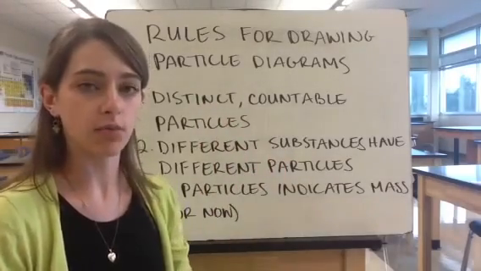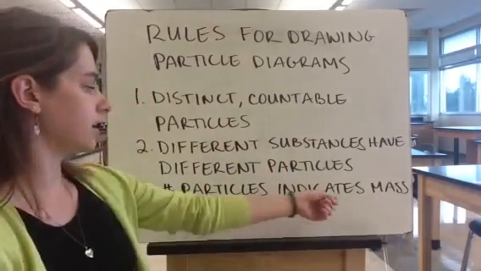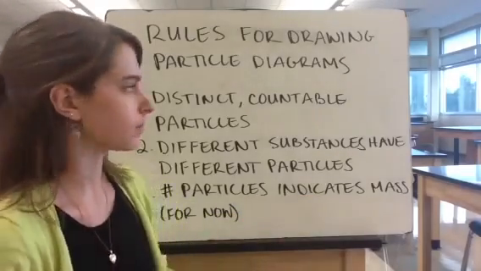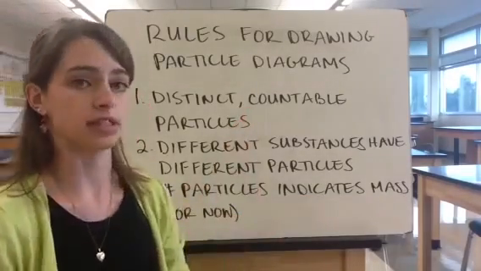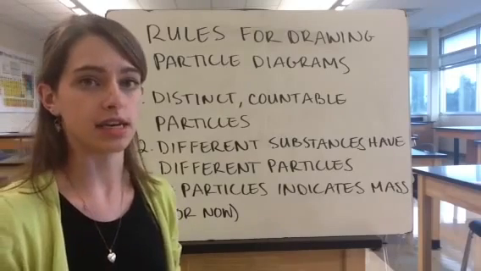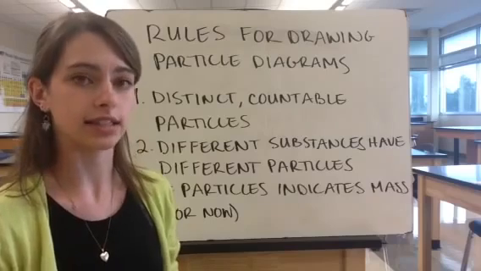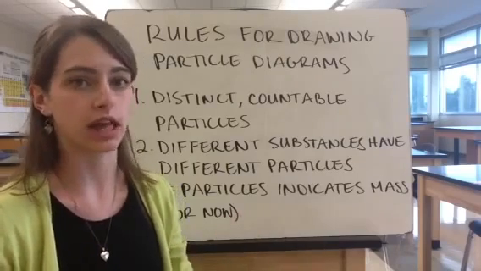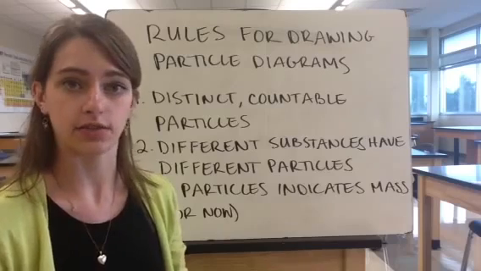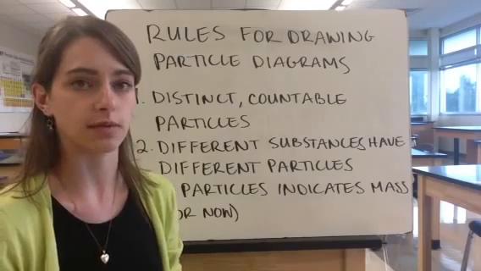We're going to relate the number of particles to the mass. So if you have more particles, you have more mass. Therefore, in order to do that, we have to have distinct particle shapes that we can count. These can be circles, dots, squares, triangles, puffy clouds, whatever you want. On Notability, you can do them as different colors, so you can use all different types of things to